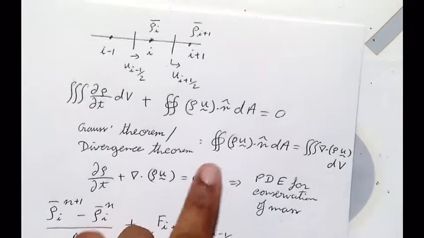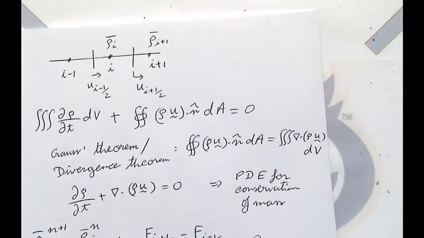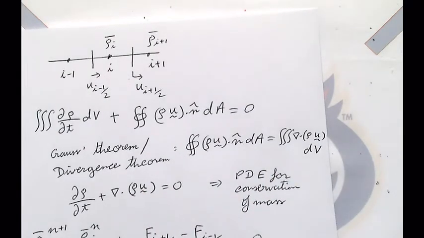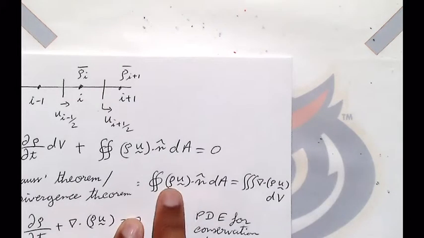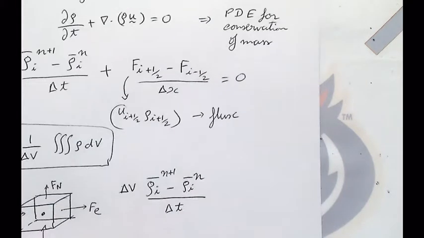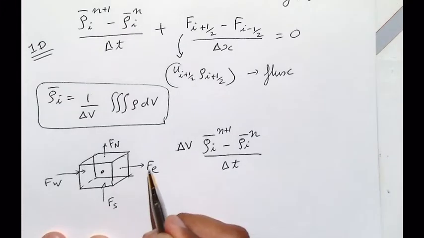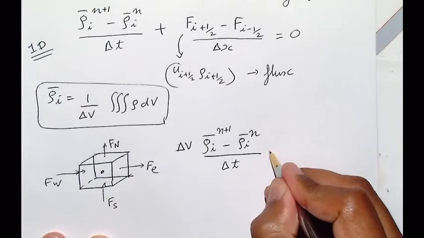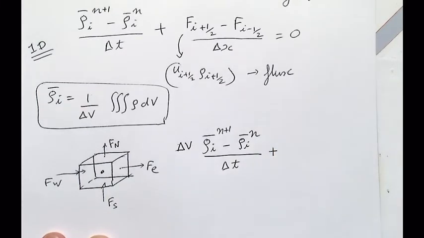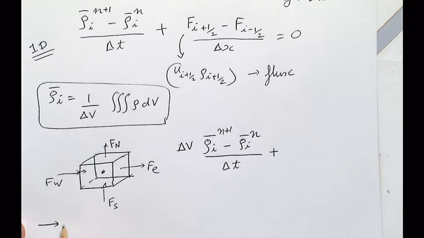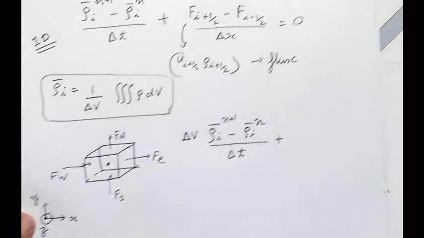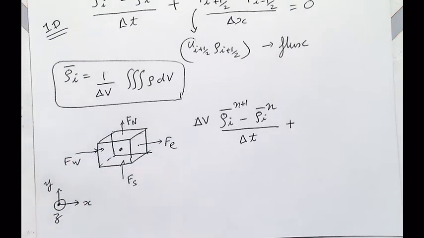All right. And we also talked about, all right, flux is rho u times a actually. In 1D, there's no a. So this is the flux, rho u a. All right. So let's start with east and west. What should I write? Let's say this is x, y, and z. Okay, east and west. What do we write?